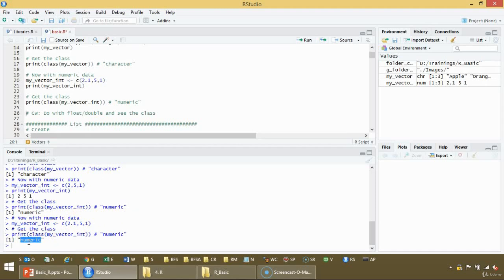Real value, that is a decimal type, like 2.1, 2.5, 3.1 and so on. So that is a bit bigger one. Okay. Similarly, as a class work, please define one vector with float and double data,